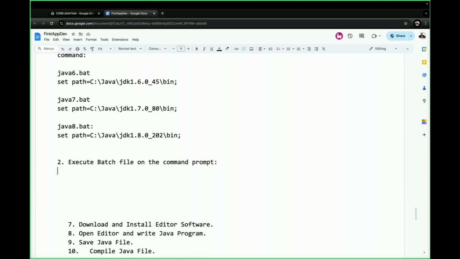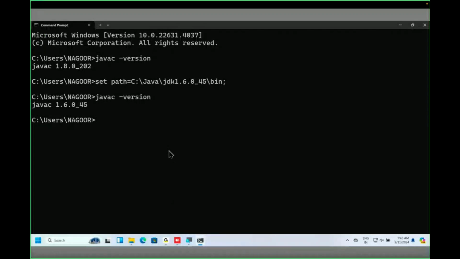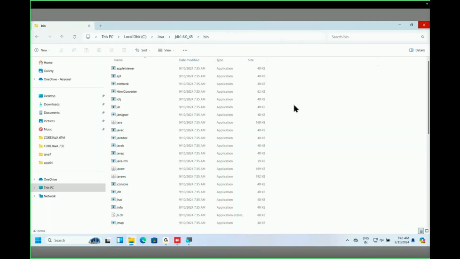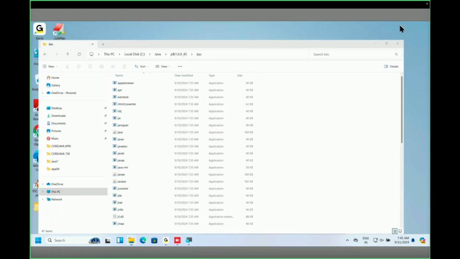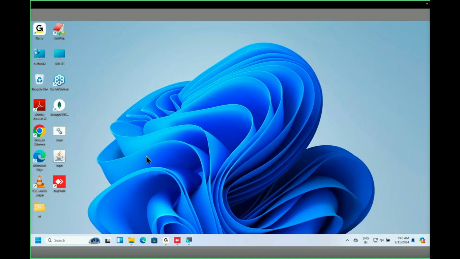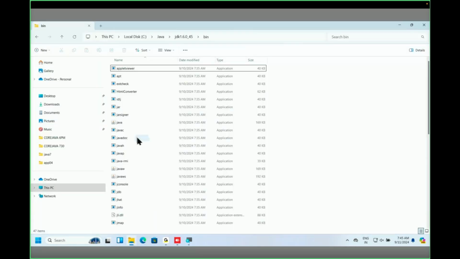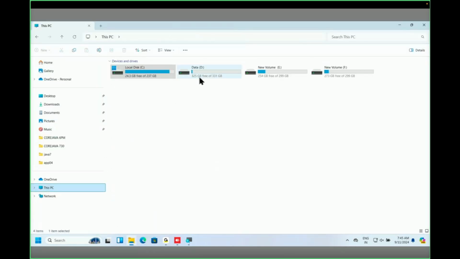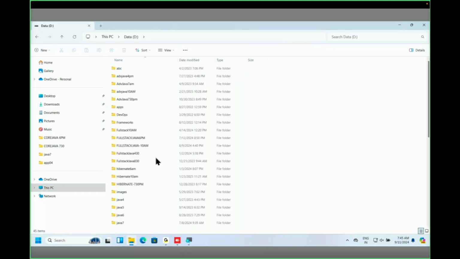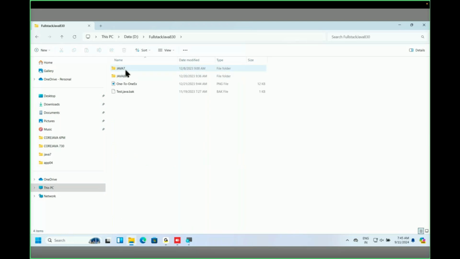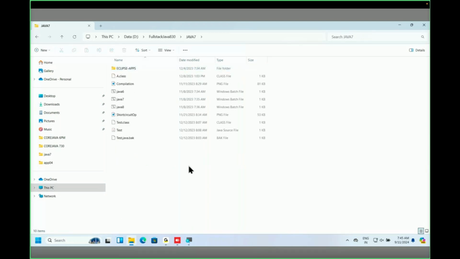Now this is my Windows operating system. I want to close this command prompt here. Even minimizing it is no problem. Now I want to go to the location in my system, this PC. In the D drive, for the sake of your class, full stack Java 830 is available. There I'm going to create a Java 7 folder. Inside the Java 7 folder,